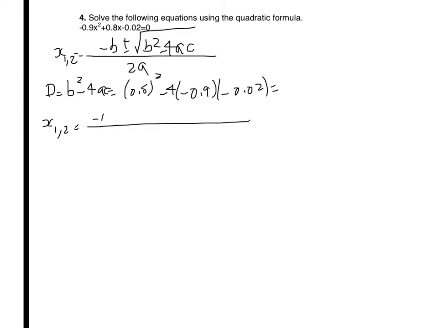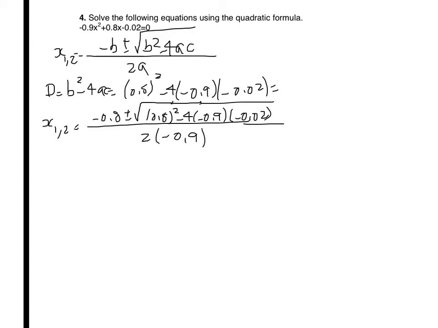Minus b is negative 0.8 plus or minus the square root of b squared minus 4ac, that is 0.8 squared minus 4 times negative 0.9 times negative 0.02, divided by 2a, which is 2 times negative 0.9. This is going to give you two solutions. If you go by the positive one, you get 0.03. If you go by the negative one, you get 0.86. Okay,